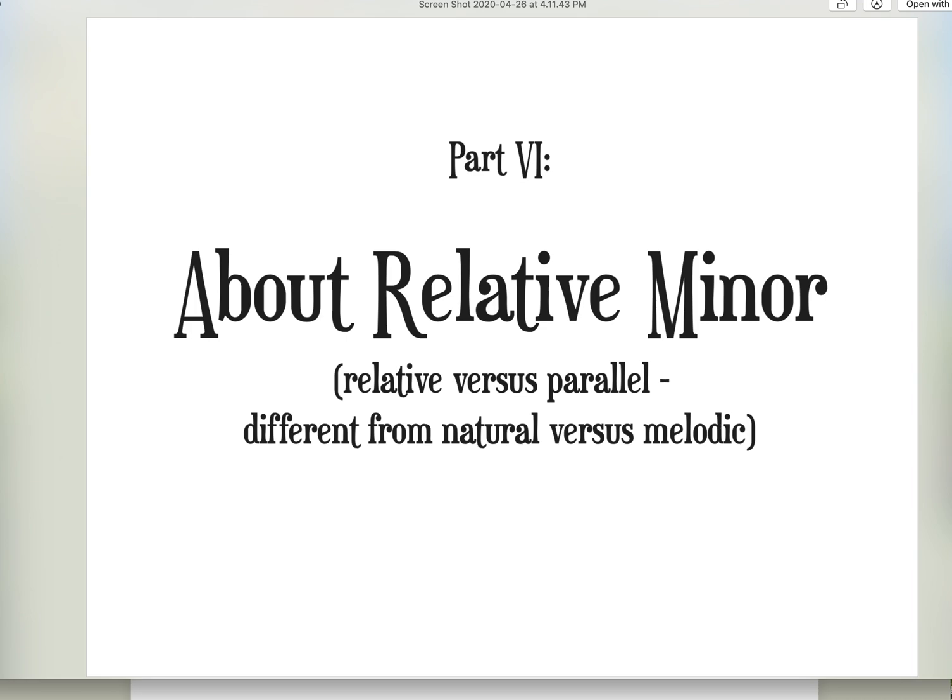Relative and parallel get discussed back to back. Natural and melodic and harmonic get discussed back to back to back. But don't blend them all together. And I'll explain why right now. So